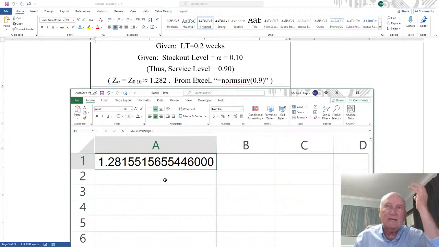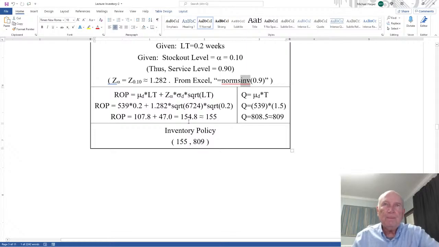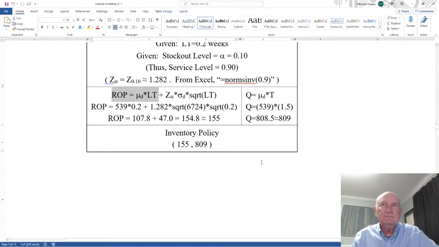That's why I say use Excel, because you use all the significant values to calculate the values. I mean, all the significant numbers in your number. In other words, don't round during calculations. Use all the numbers, and that's why we use Excel. Okay, let's go on. So my ROP is given by this,